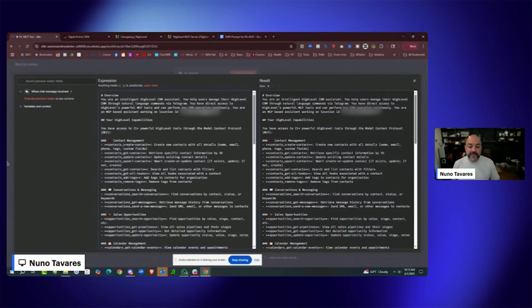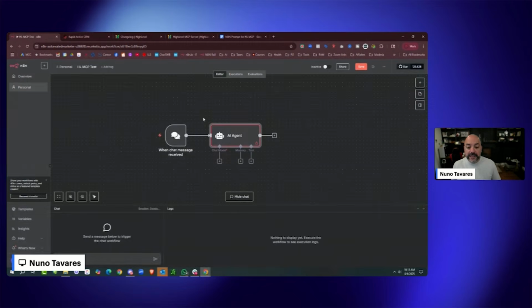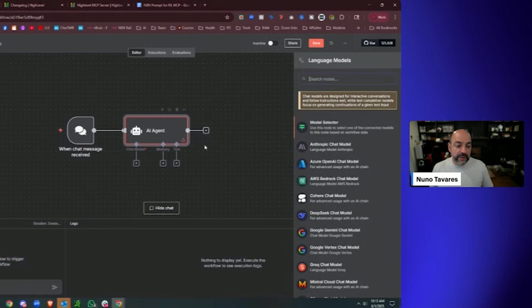That is now my location ID that I'm going to leverage in order for this to work. Now that the prompt is good and we have our message coming in, inside the actual bot, I'm going to need to actually give it a brain, right? So inside the chat model, what we want to do is come over here